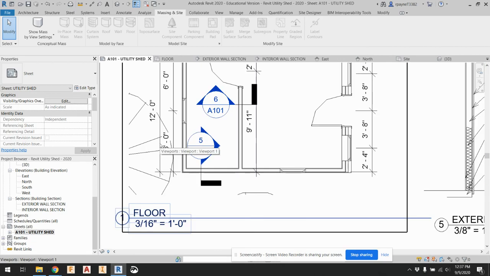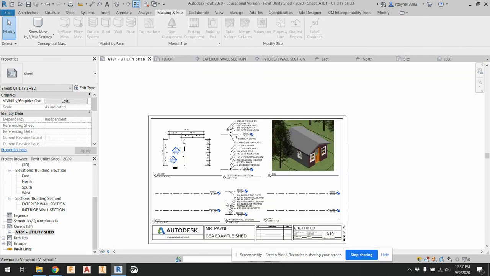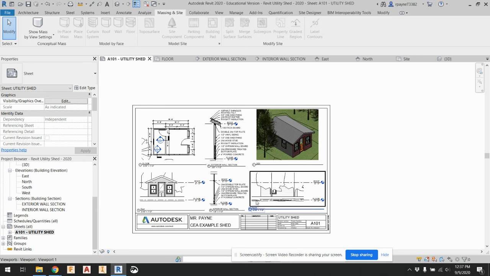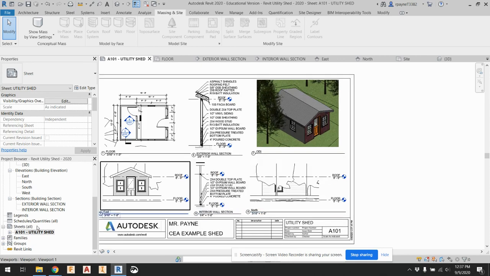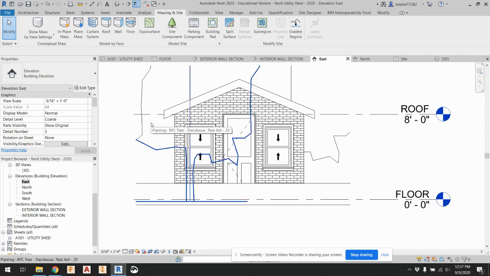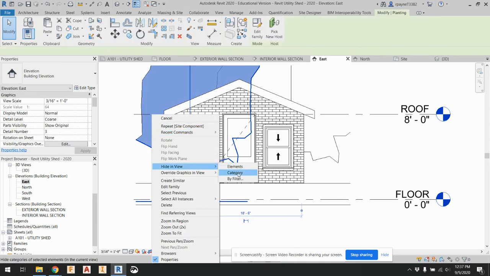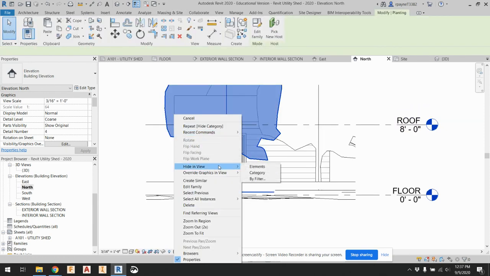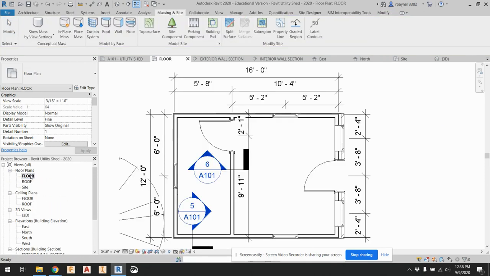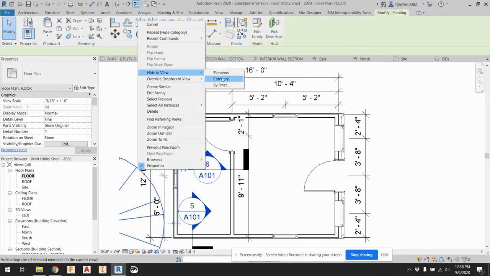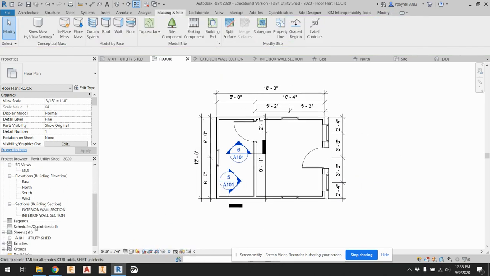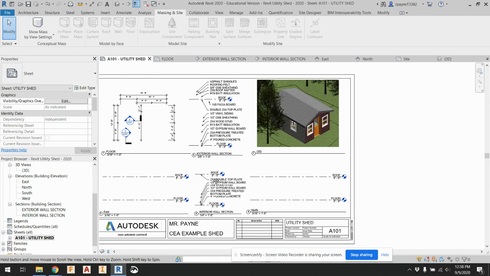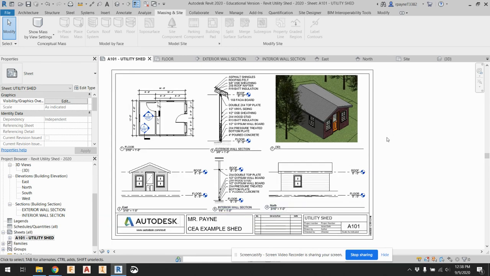The problem is I see the trees in my floor plan as well as in my elevation views, and I don't want that because the trees are just going to get in the way. So what you can do is go to the east elevation, find a tree, right click on it, hide in view category. If you just do element, it'll hide one of the trees, whereas if you do category, it'll hide all of the trees. Category, and then floor plan, same thing, right click, hide in view category. All right, and now go here. You see how much slower it goes now because of the extra graphics added into it. All right,